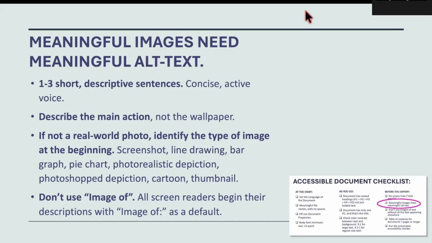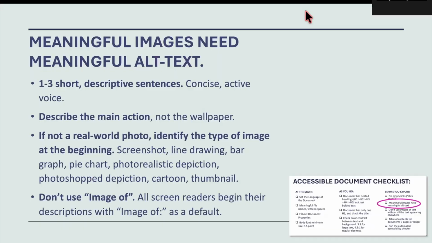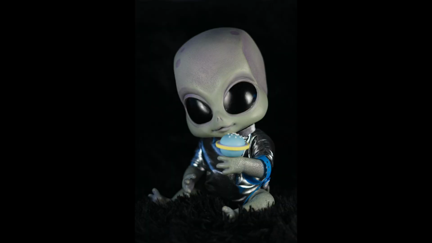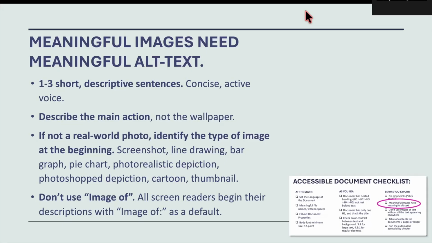It is not a real-world photo. Identify the type of image at the beginning of your alt text. This lets folks who are using a screen reader have a little bit more context to be able to picture for themselves what you're sharing. So, things that are not real-world photos include screenshots, line drawings, bar graphs, pie charts, photorealistic depictions, photoshopped depictions, cartoons, thumbnails. All of these are important for people who are listening to this description to be able to gauge the importance of the image and to be able to potentially understand how the image relates to the rest of the